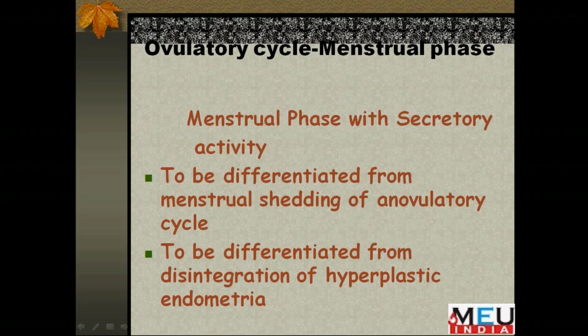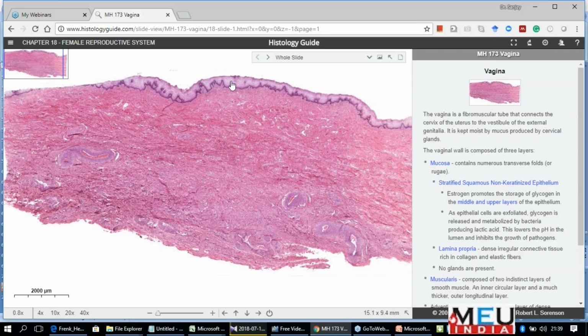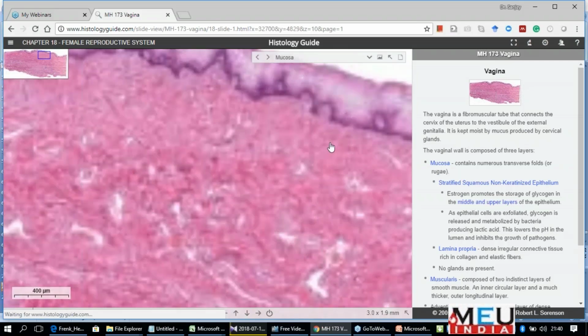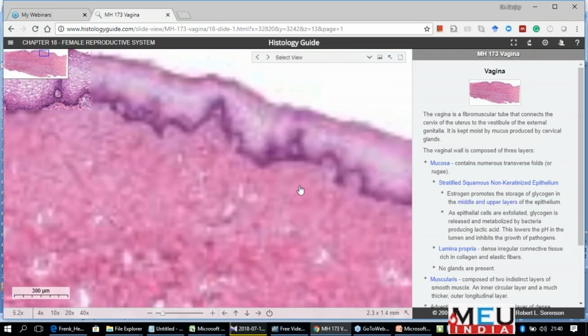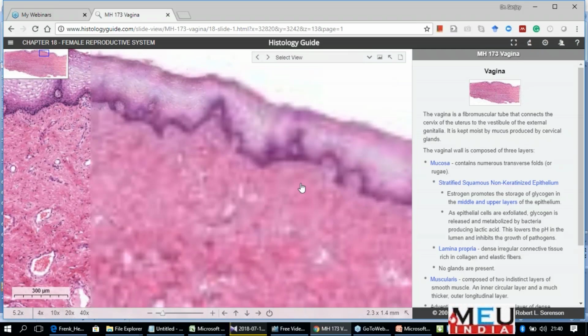So there is generally the upper two-thirds that regenerates. This is the functional layer, and here we find a columnar epithelium, and branching or coiling is quite less. Then we see the early secretory endometrium. If you see here, it is a sort of